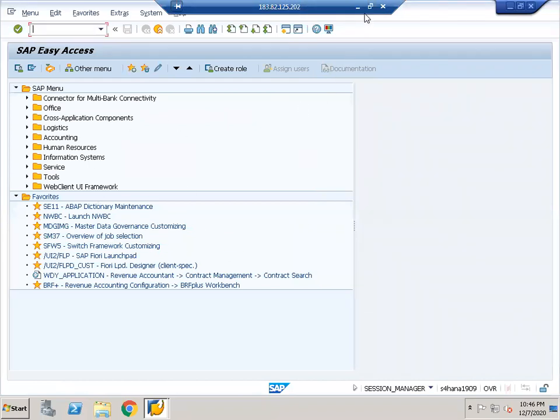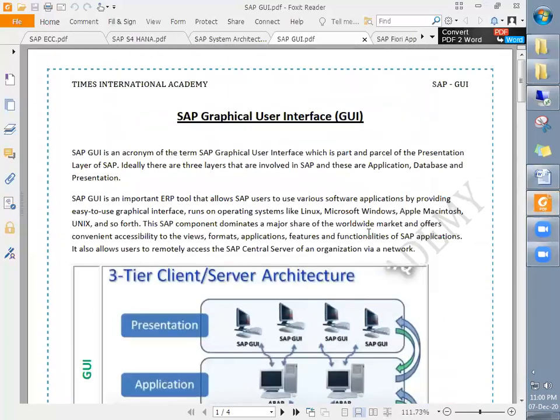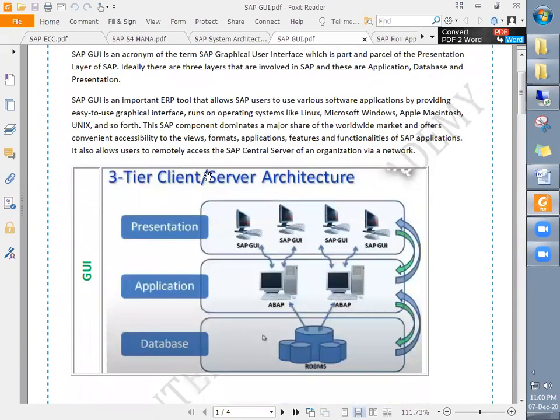The main page here. Now let's try to understand what a GUI is, how it works, and all those things, right? SAP GUI is an acronym of the term SAP Graphical User Interface, which is part and parcel of the presentation layer of SAP. Ideally, there are three layers which we just discussed. SAP GUI is an important ERP tool that allows SAP users to use various software applications by providing an easy to use graphical interface.